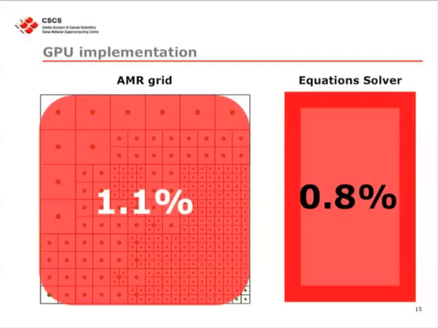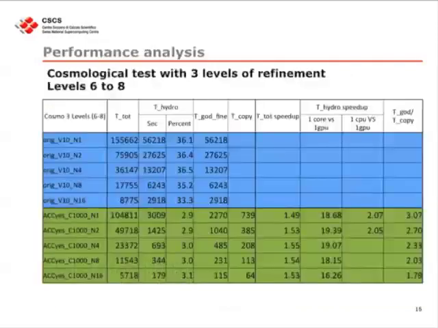So on the GPU, we have the Hydro solver. The Hydro solver accounts for the 2%, more or less, 2-3% of the total computing time. So this is, of course, a good result. So these are some numbers related, so I don't want to bother too much on the numbers, but